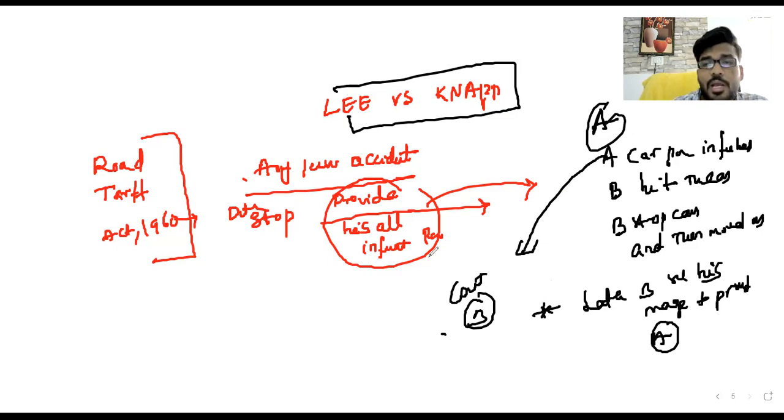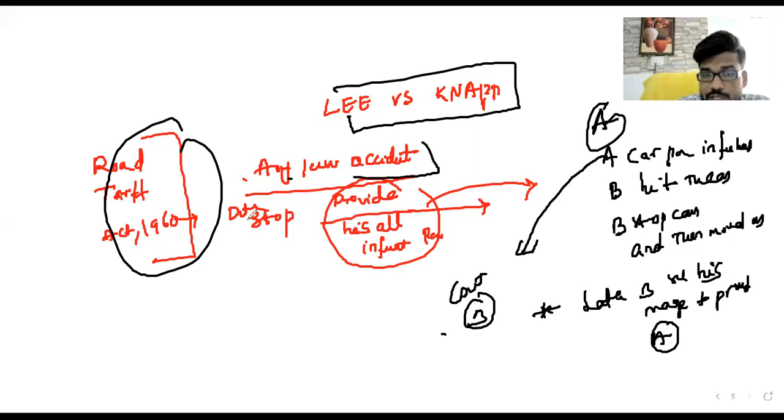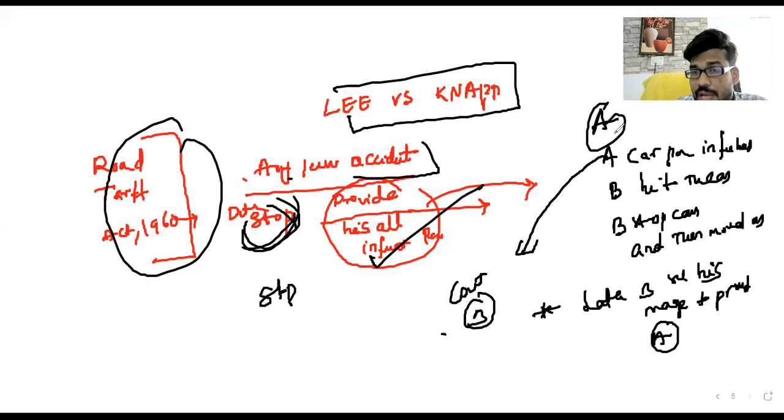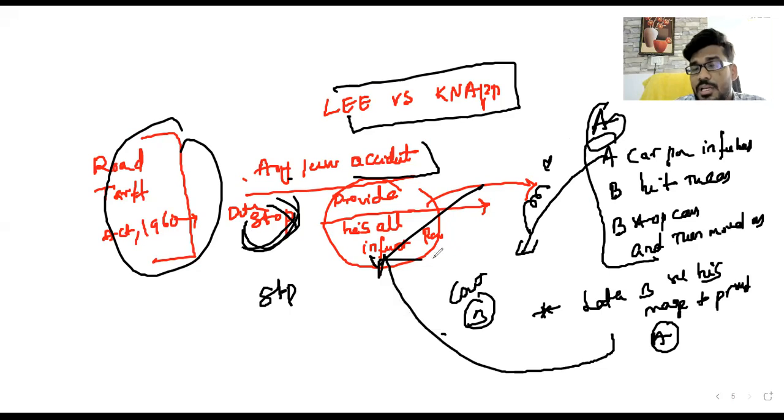So what happened according to this Traffic Rules and Regulation Act? It clearly says that whenever you meet with an accident, you can stop the car and you can provide the information. Sir, no problem, sir. I met with an accident. I can stop the car. The person is not there. Then I can go out. I can move on. Later on, I can send my manager to that particular place and provide the information.